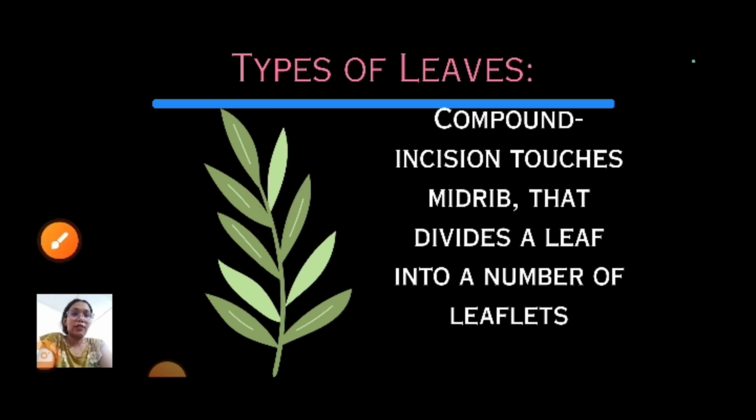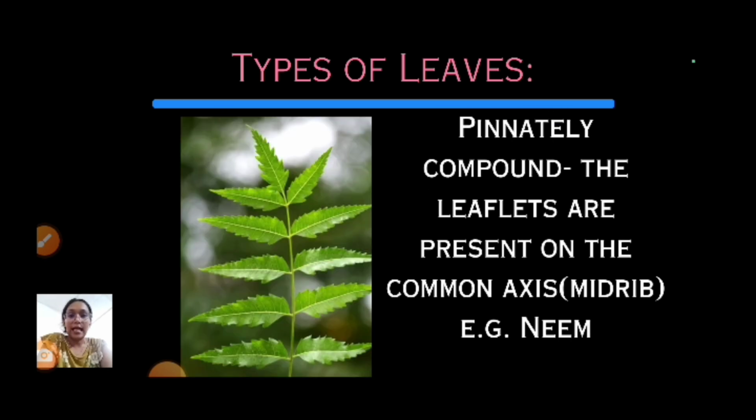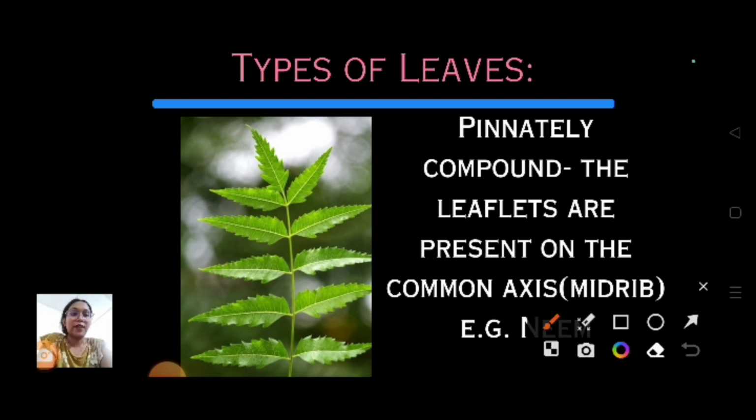This is the structure of a compound leaf, where the incision touches the midrib and produces a small leaf-like structure that is called a leaflet. Understood? Now these compound leaves can be of two different types, two different varieties. So let's see the first variety, that is